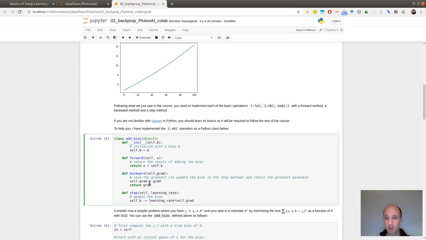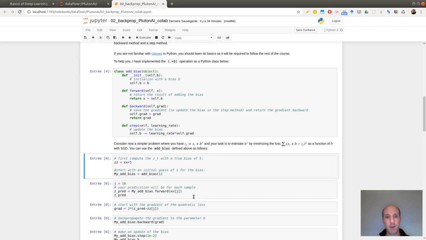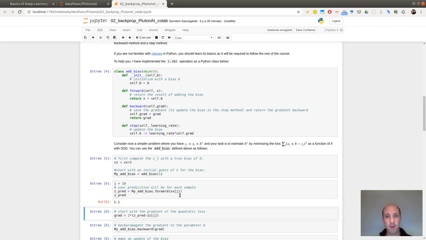And then the update of my parameter is just one step, where I'm subtracting the learning rate times the gradient. Okay, so let's take a very simple example where I'm adding a true bias of 5. I'm starting with a guess of 1, and now I'm making my first prediction with this bias of 1 on the 10th sample of x.